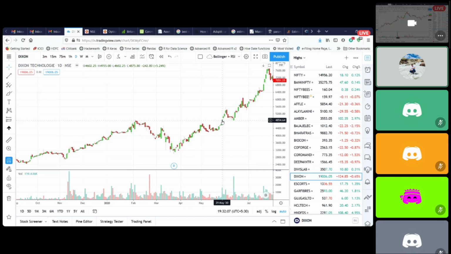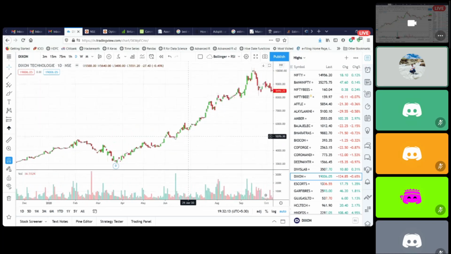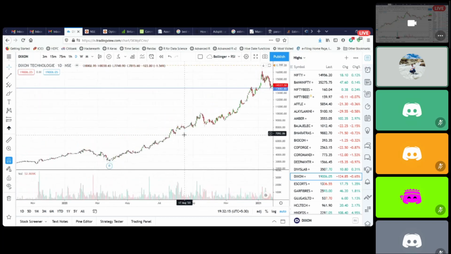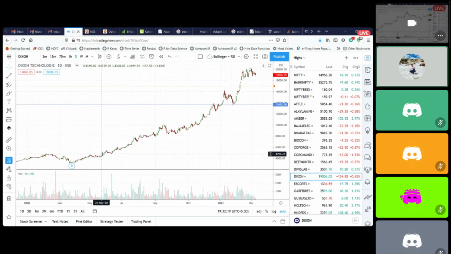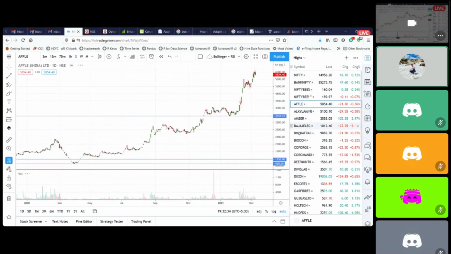So I will go long in long-term investing at 4,800 itself right there, and then just keep holding. When to close this position, we will discuss later on. But overall, this trade has been running from 4,800 till 19,000 and it's still on. So it's already more than a 4 bagger. Exact same setup, and you will see so many stocks following it.